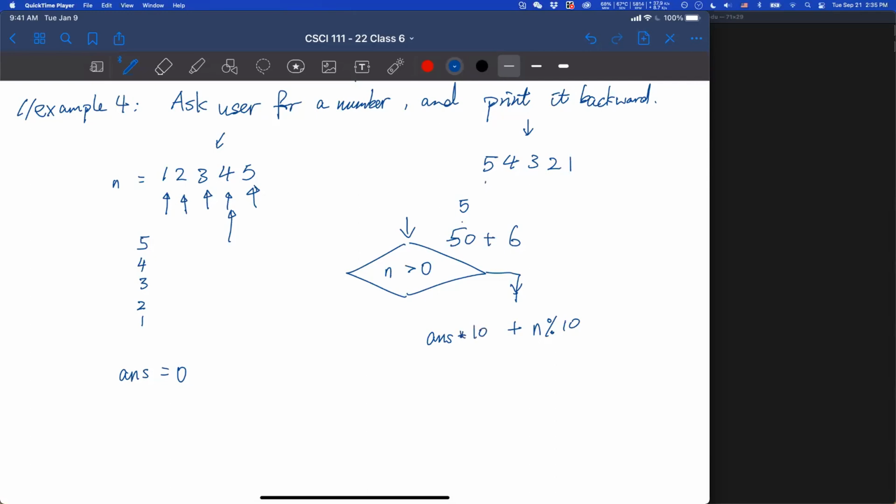You can multiply by 10, it will give you a 0 at the end, and then adding the last digit pretty much replaces that 0. And you need to initialize your answer at 0. Isn't it 50 plus 4? Yes, this should be a 4. Good.